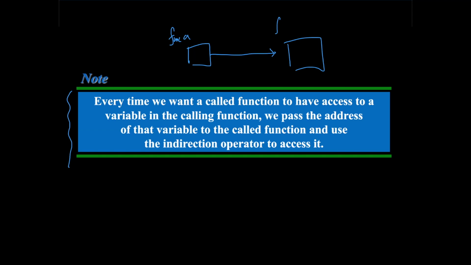And the call function could be function B, right? This is the called function, and this is the calling function here. We pass the address of that variable. Let's say we're going to pass a variable X. This is an integer X right here, inside this function. We pass the address of that X to the called function and use the indirection operator to access it,